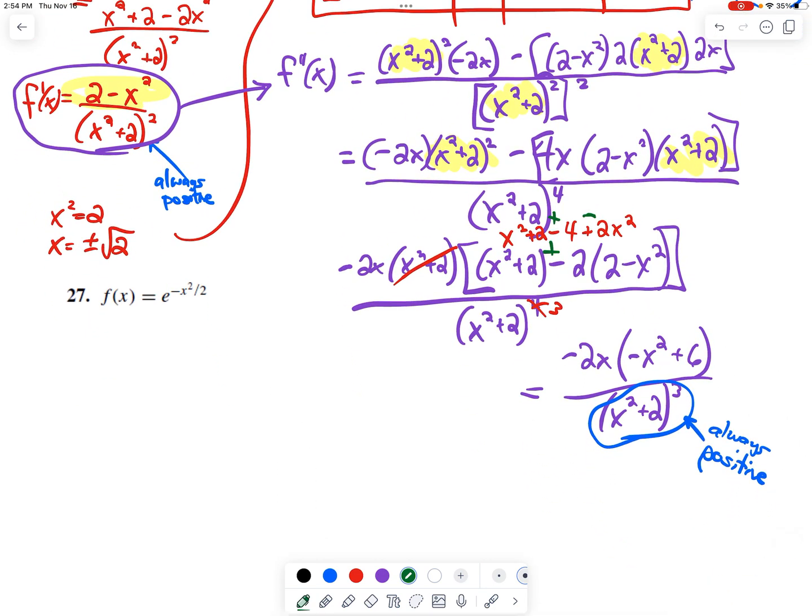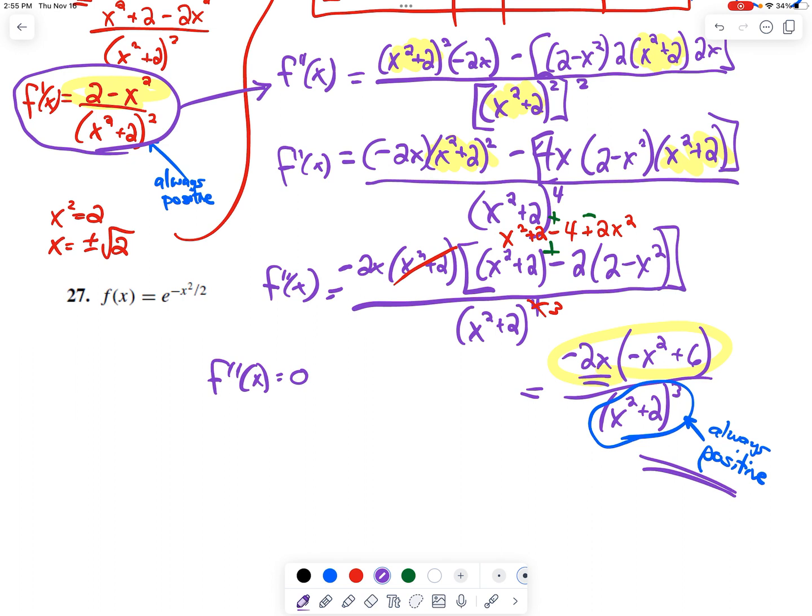So now we're at the second derivative. This is f double prime of x. And so we want to analyze where that might be equal to 0. Since the denominator is always positive, we really only have to focus on this top part. And the top part is equal to 0